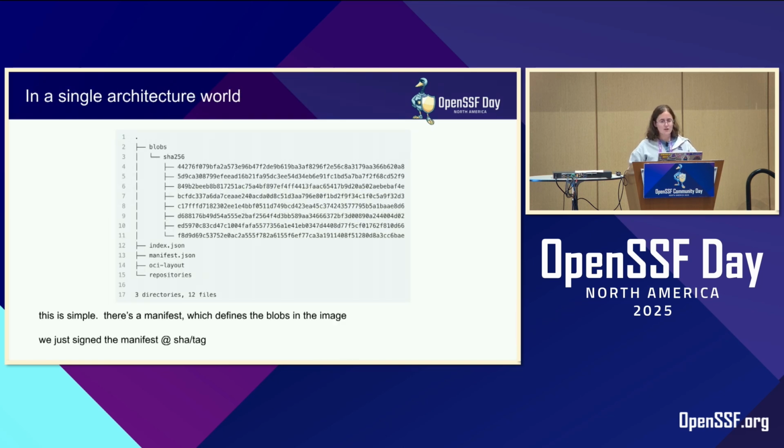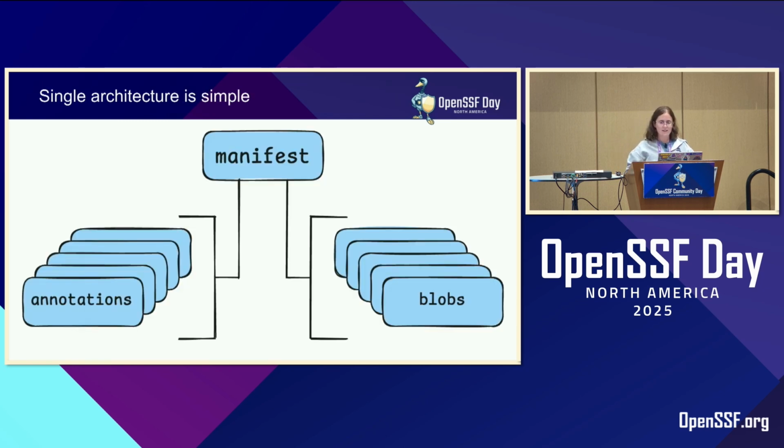In a single architecture world, this was really, really simple. There's a manifest that defines all the blobs in the image, and we just signed that manifest at that SHA or that tag. This is how that looks in a tree, and all of our ingest scripts, all the things that just pulled all the things and did all the things and put it somewhere else, just worked. Because it looks a lot like this. And a no annotations example, so something that looks a lot like this, is